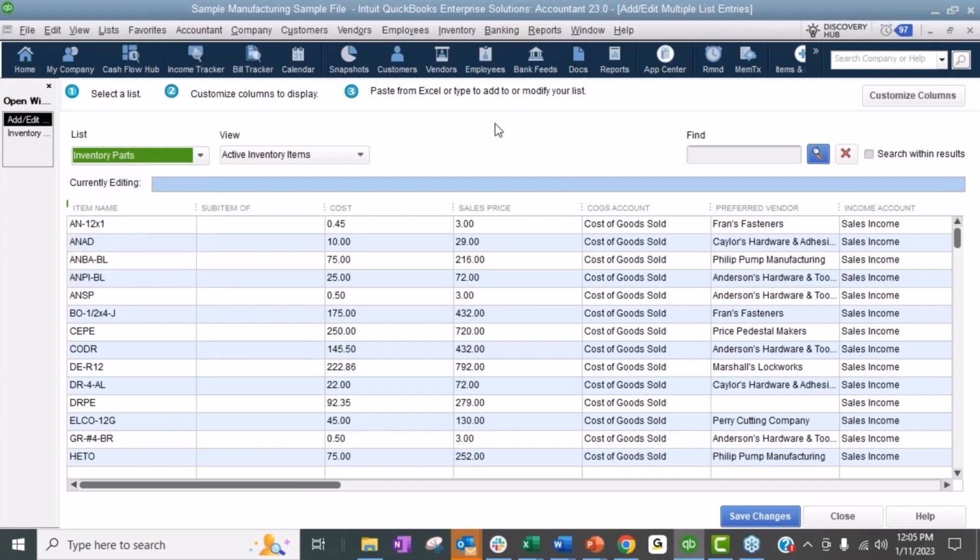The idea of paste from Excel is what it sounds like. Maybe you drop these lists into Excel and then you can come in and just paste in here. We recommend customers not use paste from Excel if they've got more than 200 lines of data that they're updating, like copy and pasting in. Because when you hit save, it goes and makes all those changes,